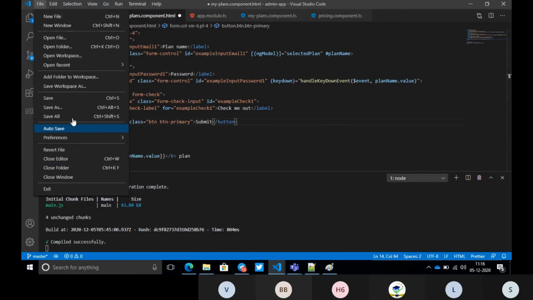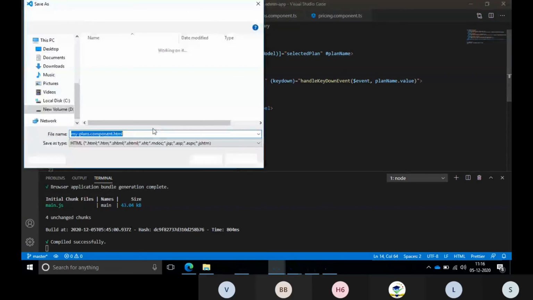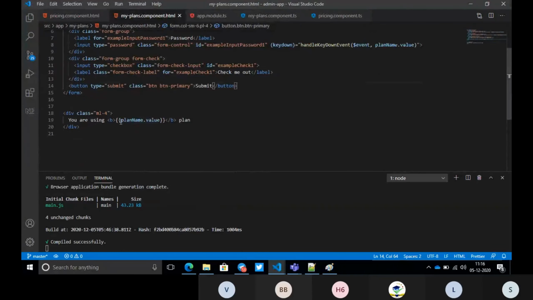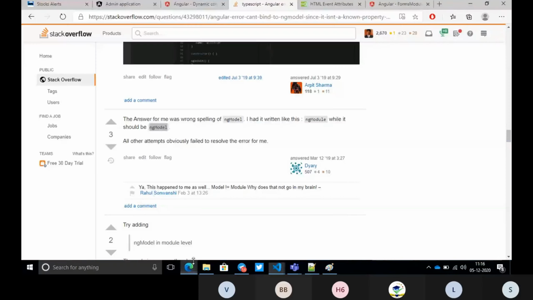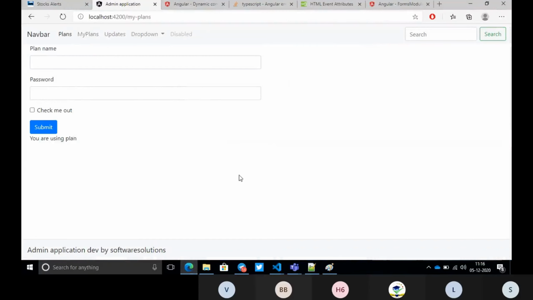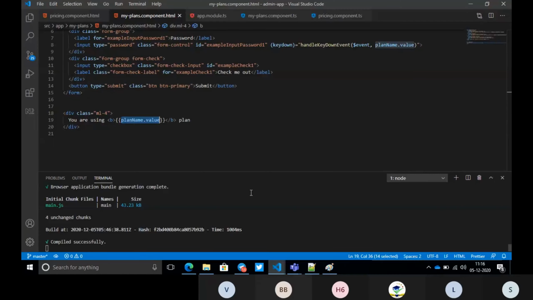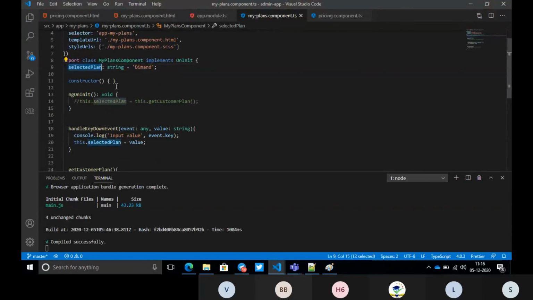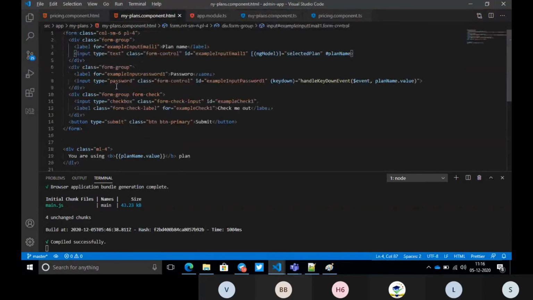File, save all, latest. In the selected plan we have diamond, so it should come as diamond.